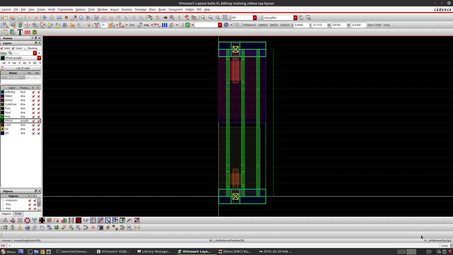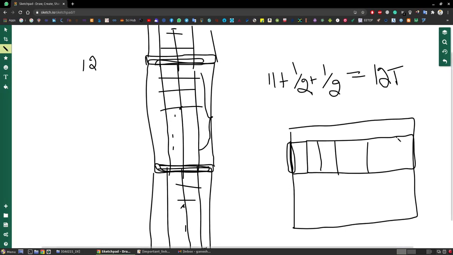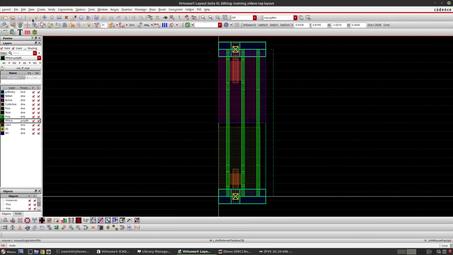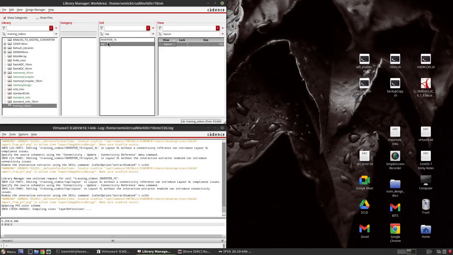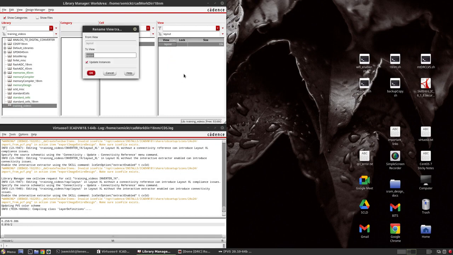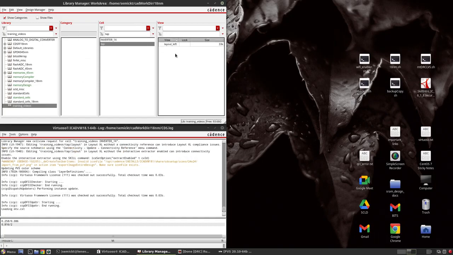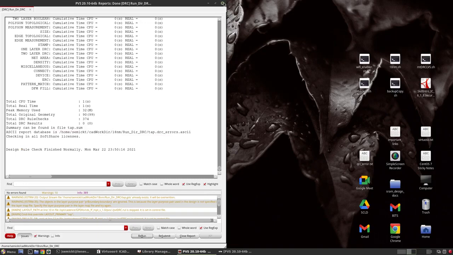Now you may also require the tab cell right. What if you have to use the tab cell right? How you will create it is exactly the same. This is the tab cell right. Just close this. If you go to tab, you have your layout; just rename it as layout underscore left. Press OK. Then open the layout. Before that, I'll just close my